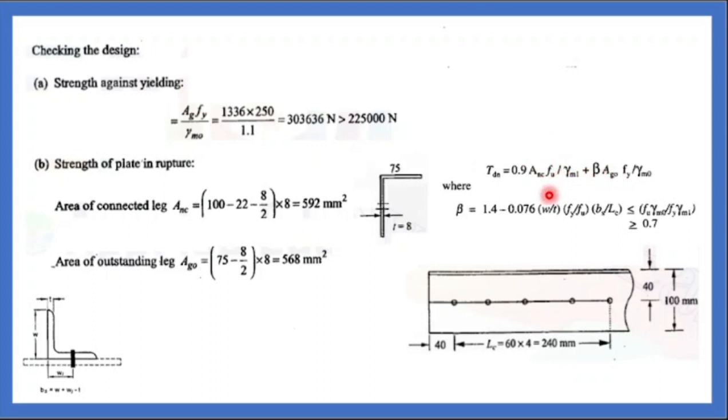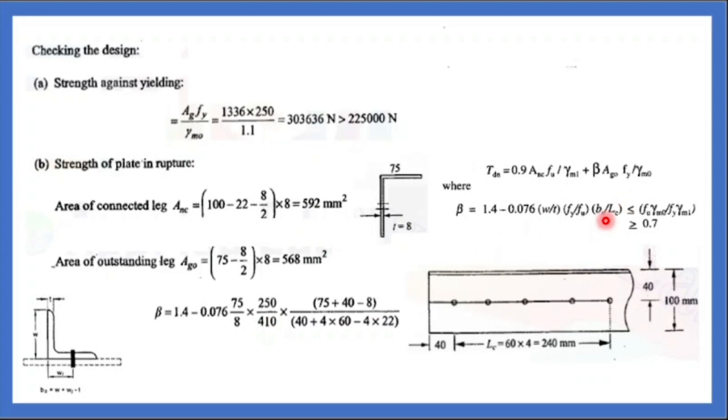You know Fu and Fy, which are 400 and 250. The gamma component is known. The only unknown is beta. What is beta? They have given this formula here, and you will find beta. W is the width of the unconnected leg, which is 75. Thickness is 8 mm. Fy is 250, Fu is 410,